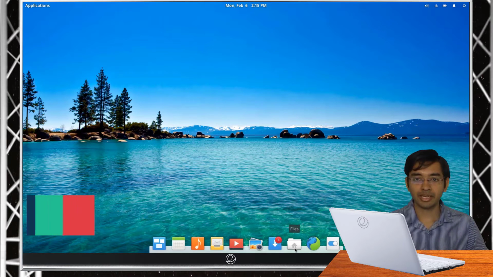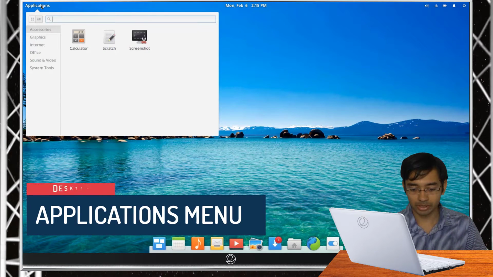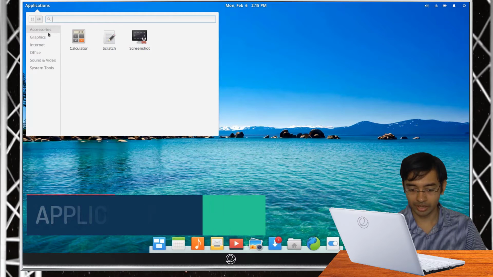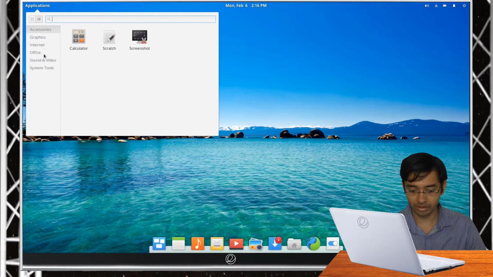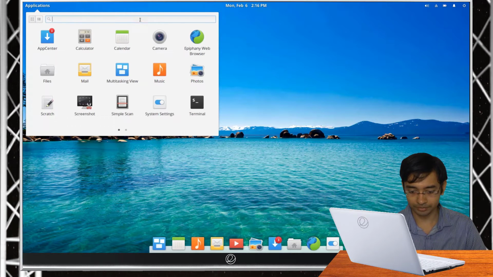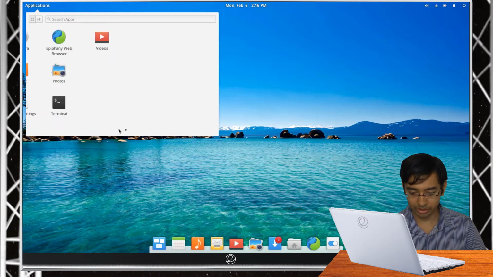The panel at the left side has all the applications that are currently installed listed. It is by default based on the application categories like accessories, graphics, internet, office. This allows easy access to all the applications. But you can always switch from this view to the all applications view by clicking on this over here, and now as you can see, you can view all the applications very cleanly. It has been displayed in a tabular manner. You can change the page by clicking on these two dots.